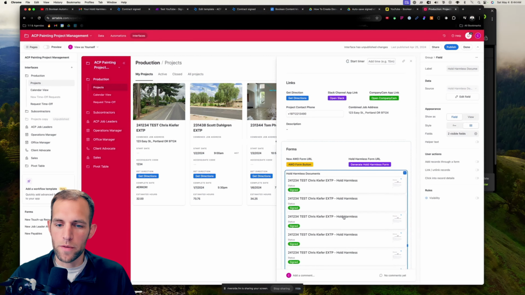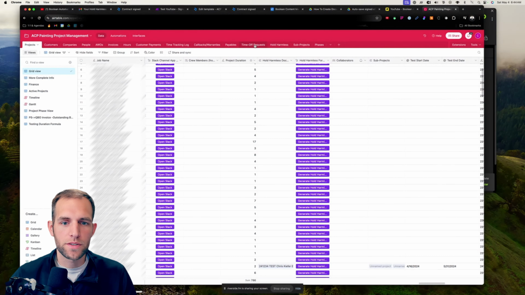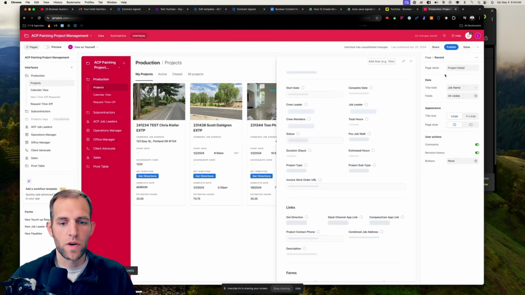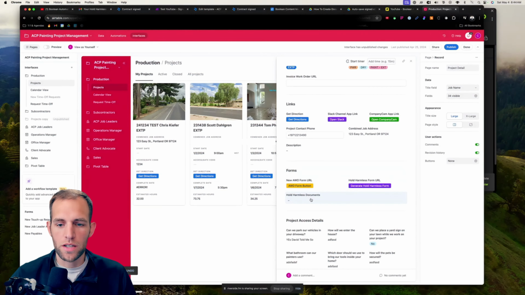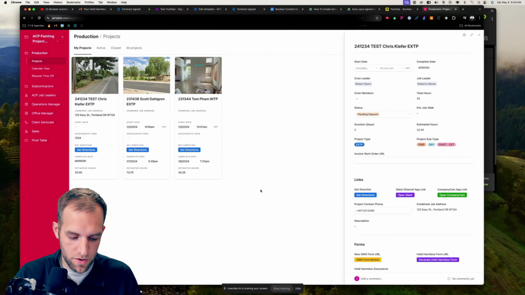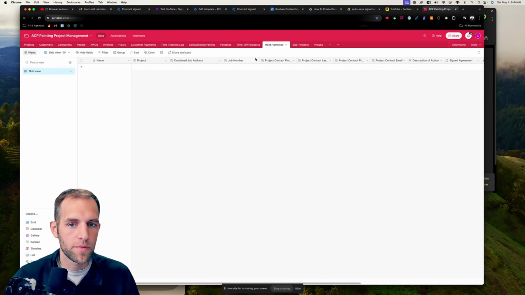And the cool part about this is that as the crew leader, so I've got a whole bunch of test ones in here. I'm going to go ahead and delete some of these. So if I go into the hold harmless table, I'm going to clear out all these test ones. Let's delete all those. So as the crew leader, right now there's no documents, right? The hold harmless documents, they're empty. I'm going to go ahead and publish this and show you what this looks like from the crew leader's perspective on their phone. So I'm going to open this up here, and let me actually go back to the data table here. So from my phone,